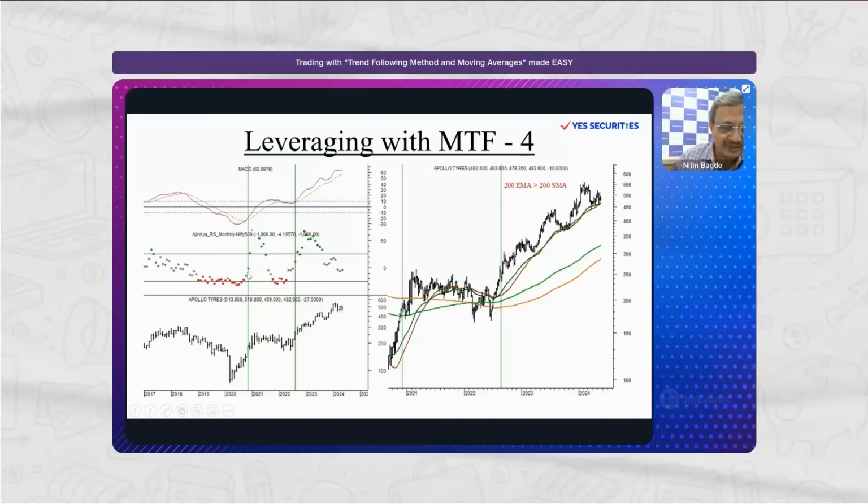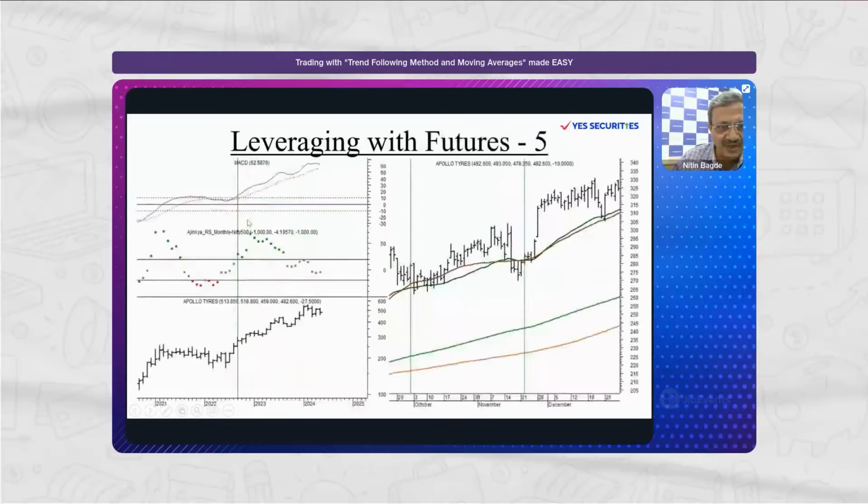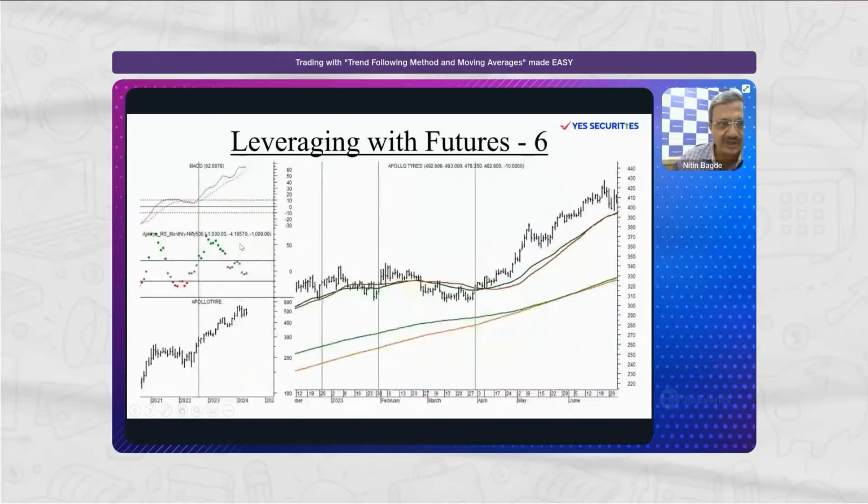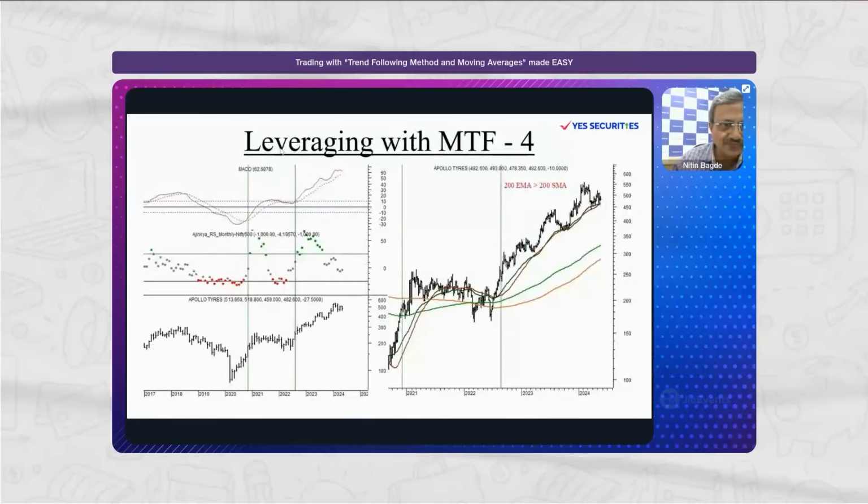For example, probably in November 2020, the crossover on MACD happened. So from here, one could have bought delivery. After that, if MTF is to be applied, then one has to wait for the condition that the 34 moving average should be greater than 200 and the 200 EMA should be greater than